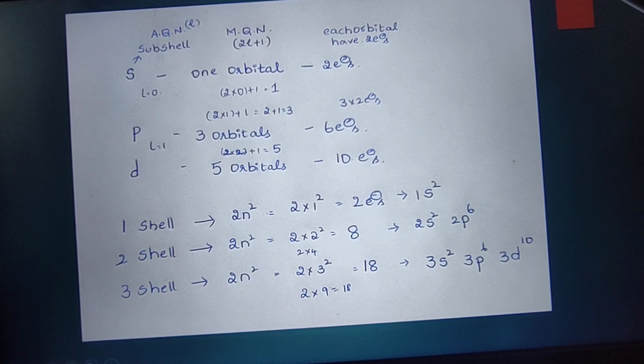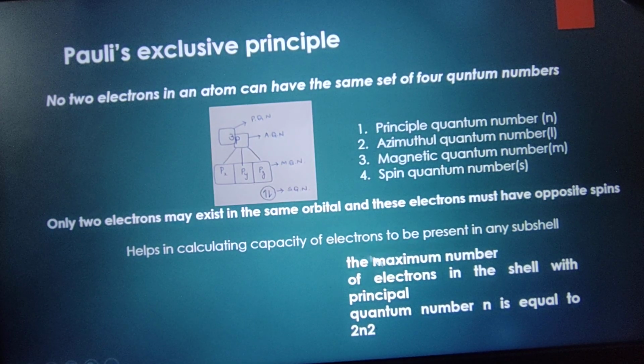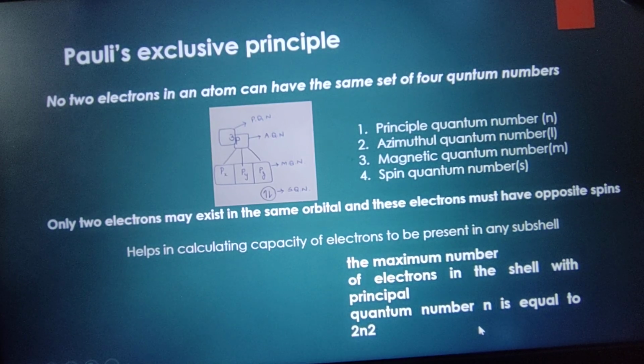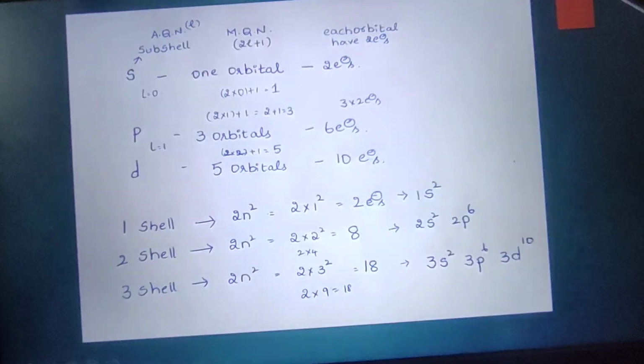So Pauli's exclusion principle gives us the maximum number of electrons in the shell with principal quantum number n. So with principal quantum number n, the shell will have 2n² electrons. Next one,